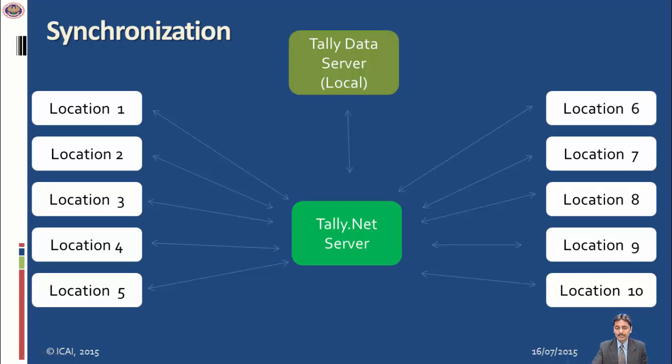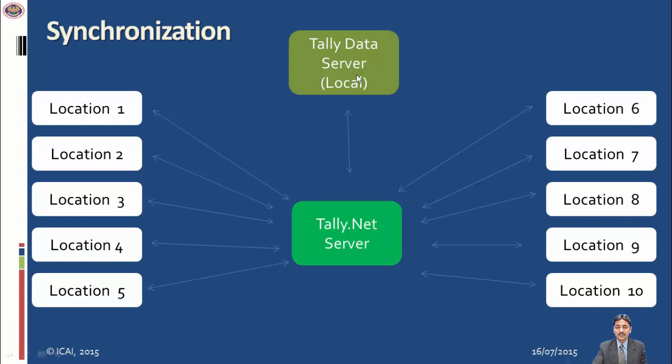Now what will happen? The data will be stored at two places. For example, let us consider that this location 1 is branch 1. I am sitting at present in Delhi, my data is stored in Delhi, and location 1, that is my branch, is in Kanpur, second branch is in Lucknow, third branch is Ranchi, fourth branch Bangalore, fifth branch Hyderabad, and so on. The data related to the branch Lucknow is stored at two locations, that is Lucknow as well as central